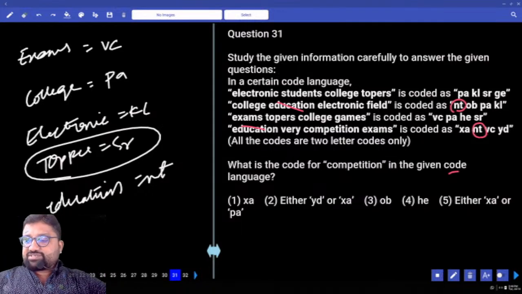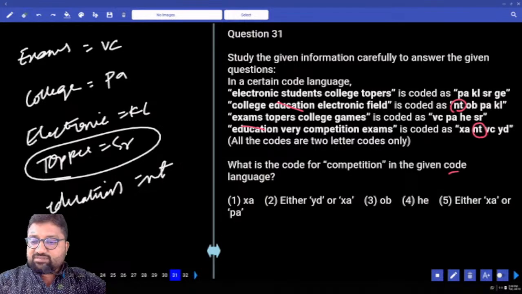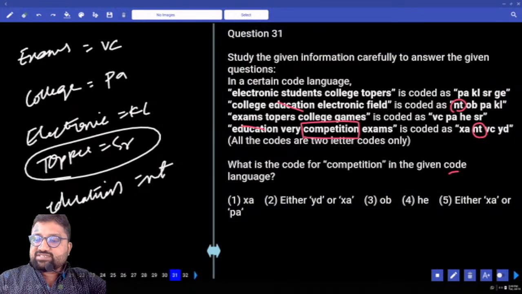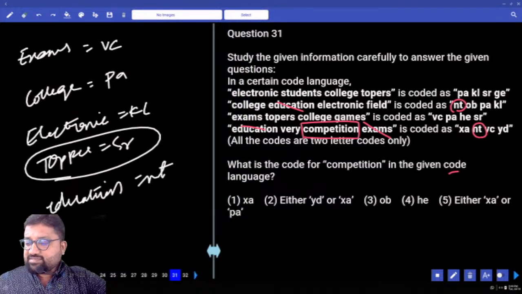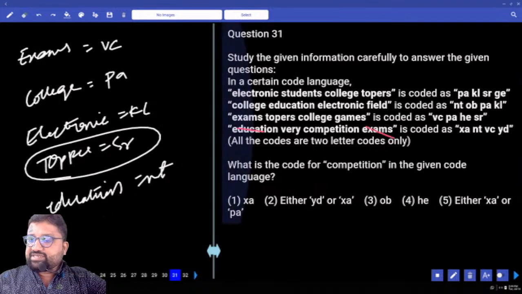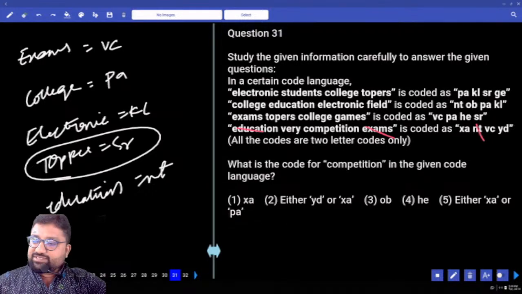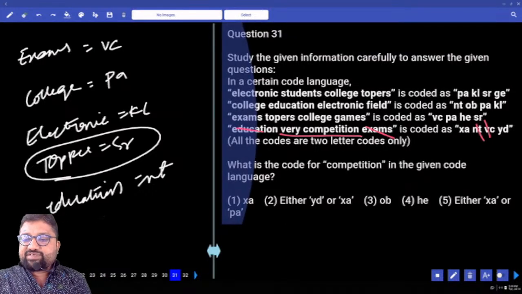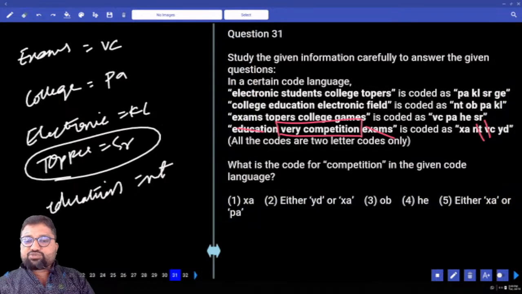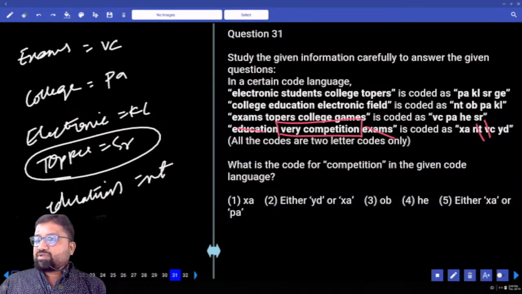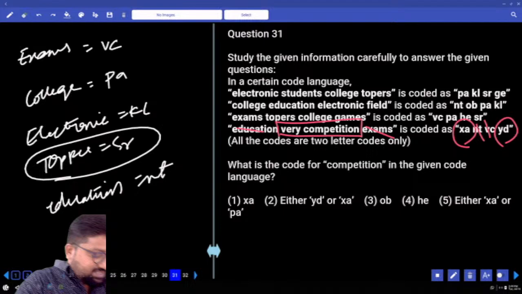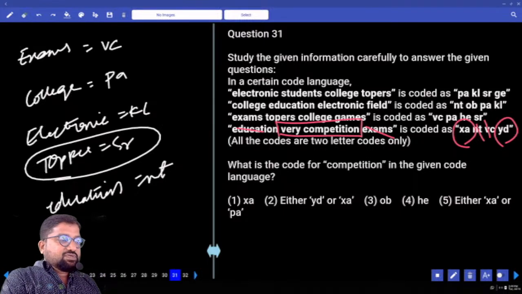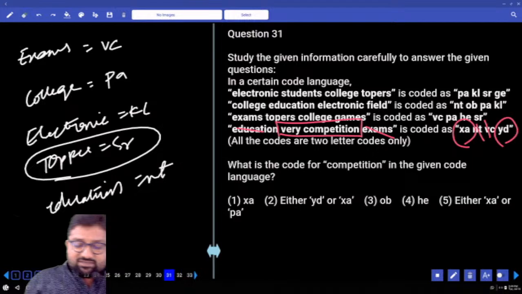Where do you see competition? Earlier we have cancelled education, we have cancelled exams. Exams కూడా తెలుసు కదా ఏంటిది VC. సో ఎడ్యుకేషన్ పోయింది, ఎగ్జామ్స్ పోయింది. ఎడ్యుకేషన్ అంటే NT, ఎగ్జామ్స్ అంటే VC. మిగిలిపోయింది కాంపిటీషన్. అప్పుడు ఏం కావాలి ఆన్సర్? Either XA or YD. Which option is my answer? సెకండ్ ఆప్షన్. అండర్స్టూడ్? So if I have only 3 questions, it would be better if you try to solve